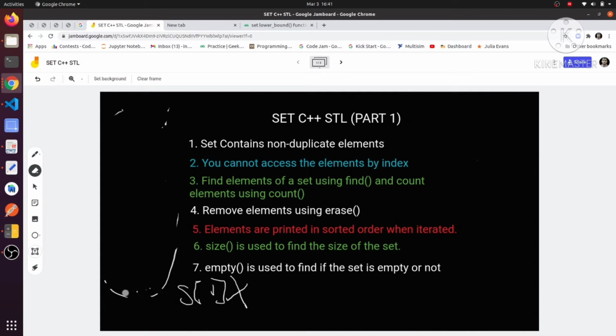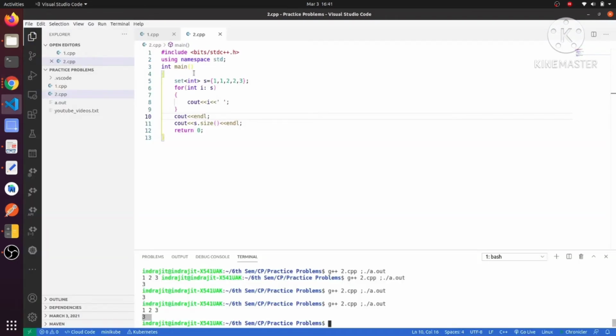Fine, now I will show you the code, how it works, and I will show that it gives a compilation error when we access a set element by index. Now what I will do, I will remove this one and just print here.